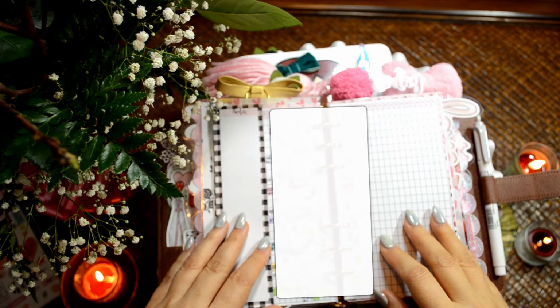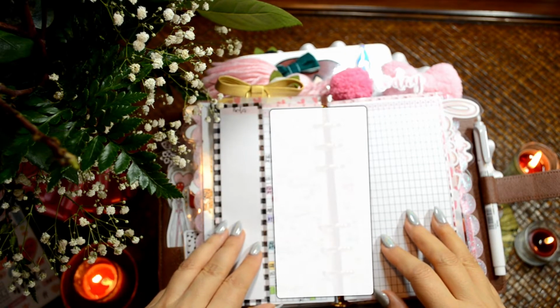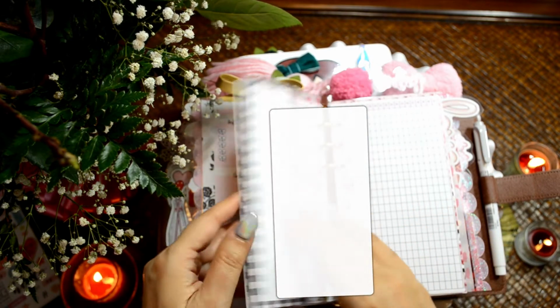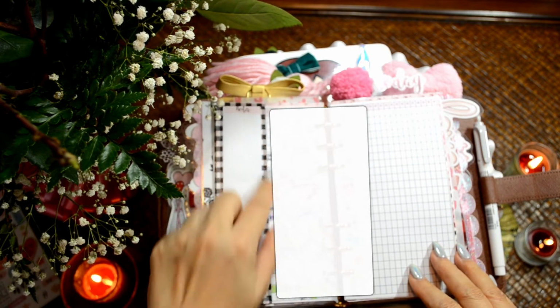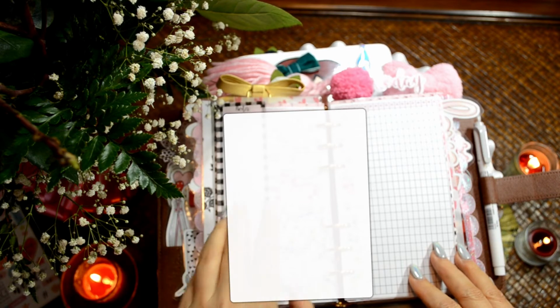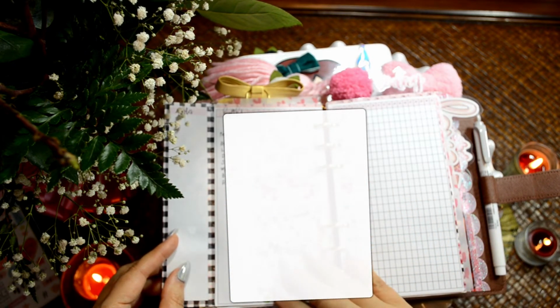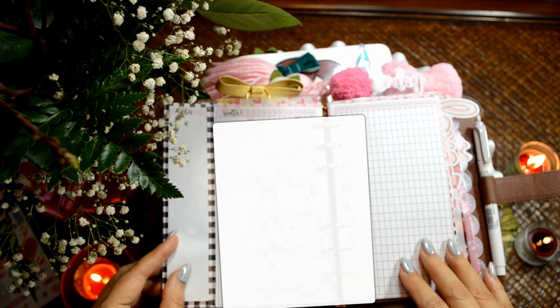As you know, I love my trackers, and consequently I decided to make some trackers that coordinate with these pages that I showed you earlier. Everything being pink is a lovely idea, and so other than the washi that I used to decorate this notes section, I have all of these 24 hours worth of squares